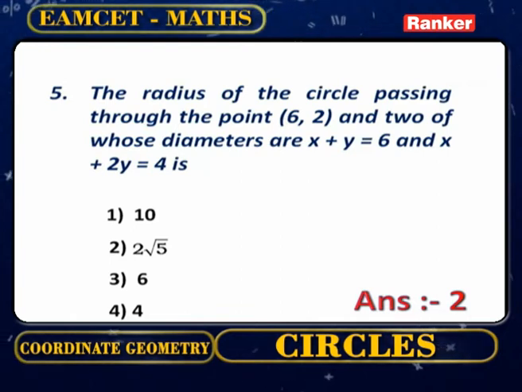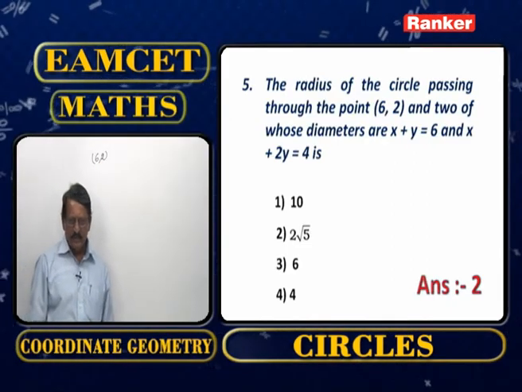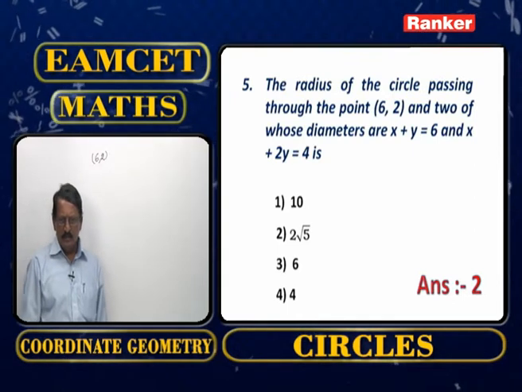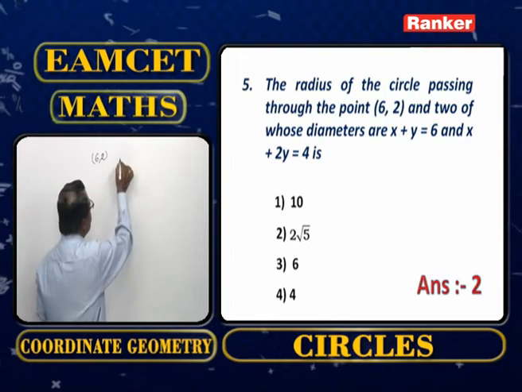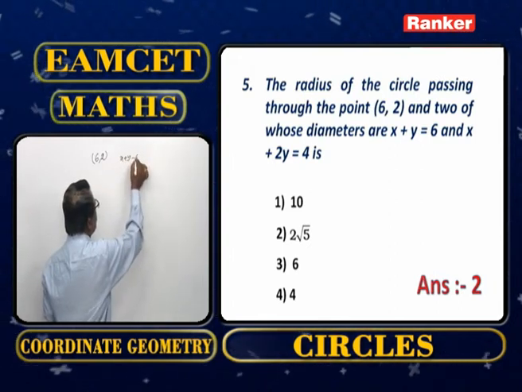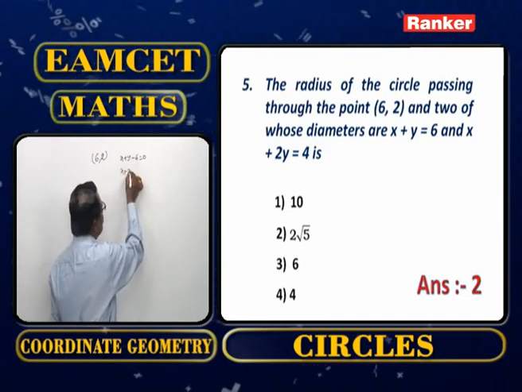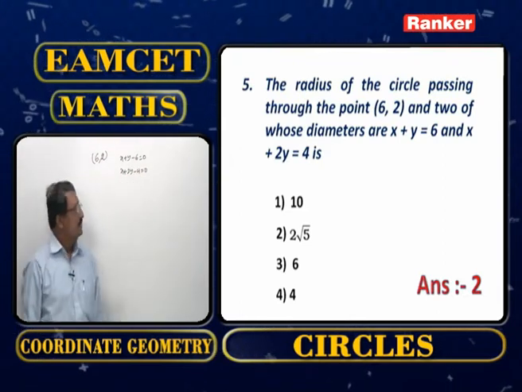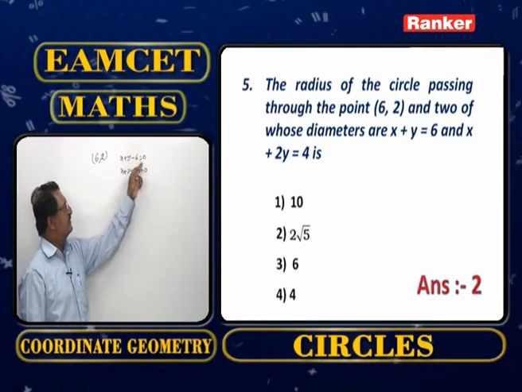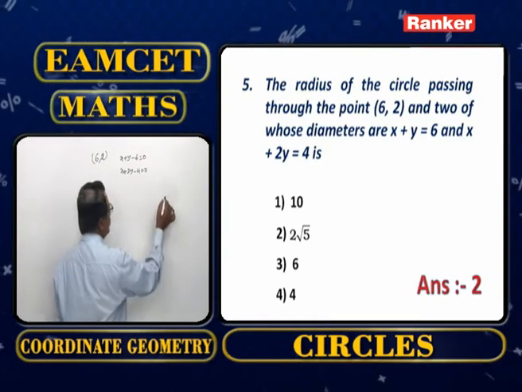The radius of the circle passing through the point (6, 2) and two of whose diameters are x + y - 6 = 0 and x + 2y - 4 = 0. Its two diameters' equations are given: x + y - 6 = 0, x + 2y - 4 = 0. Now the circle,